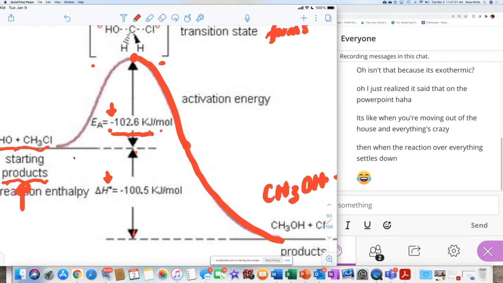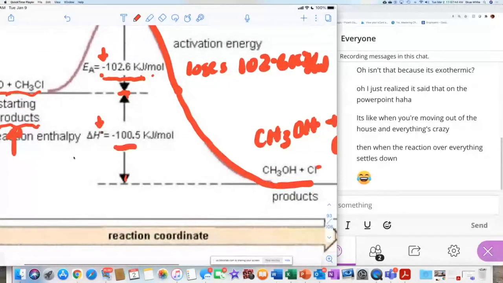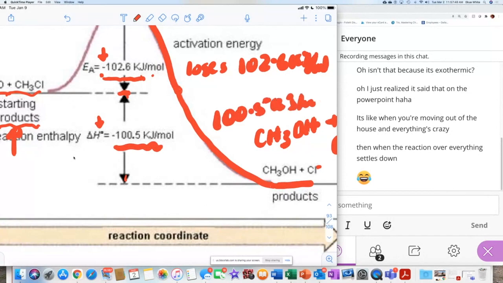It has to lose all the energy it has to be at this new position. So it loses the energy that is due to this gap right here. So it loses 102.6 kilojoules per mole, right? Then it has to lose this amount again, 100.5 kilojoules per mole